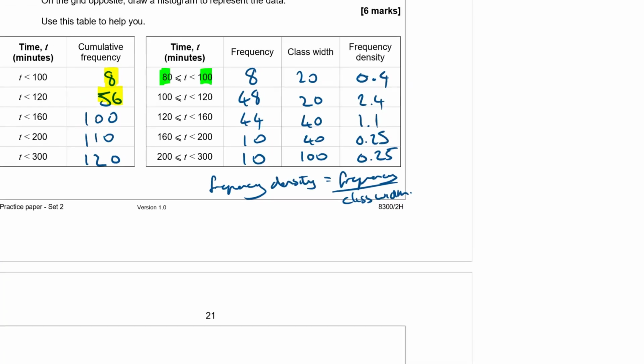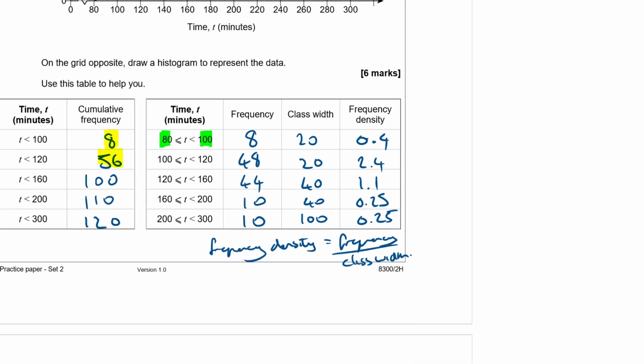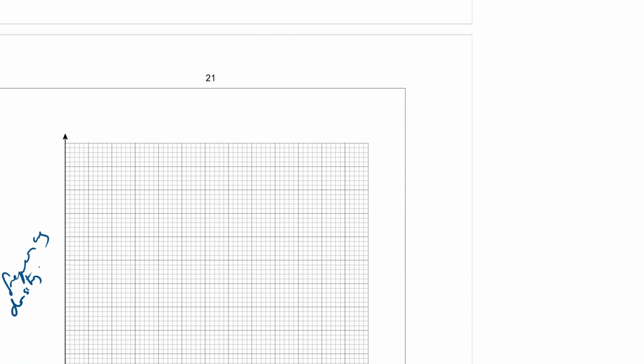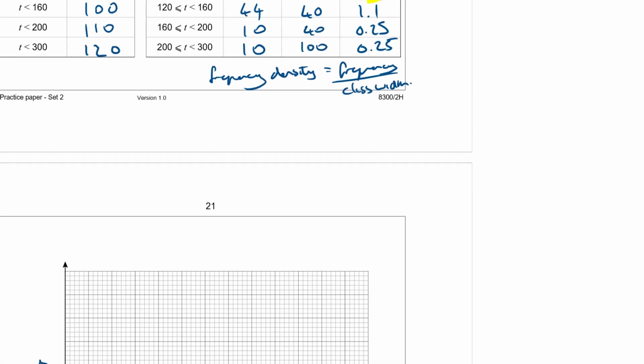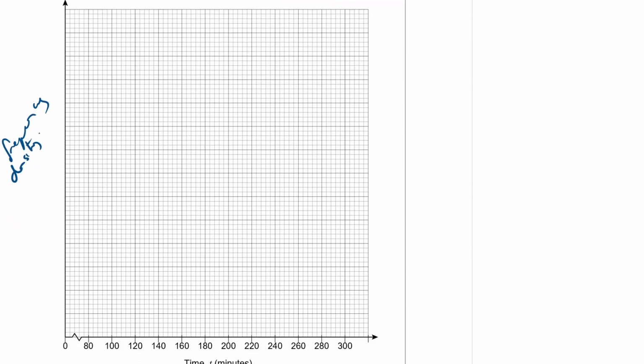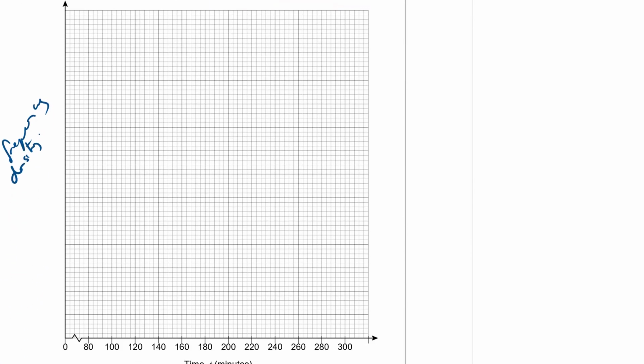So I've got to go up to 2.4. That's my largest value, so that's going to have to be at the top of my scale. Counting up, I've got 1, 2, 3, 4, 5, 6, 7, 8, 9, 10, 11, 12, 13, 14 squares. And I want to go up to 2.4. So if I take one little square, it is 0.2,